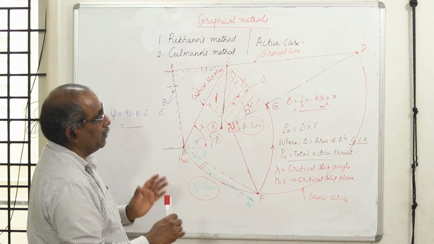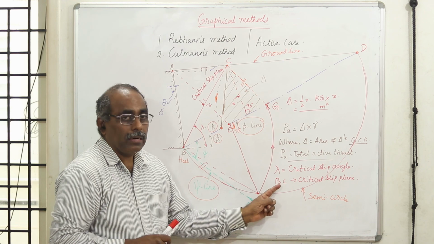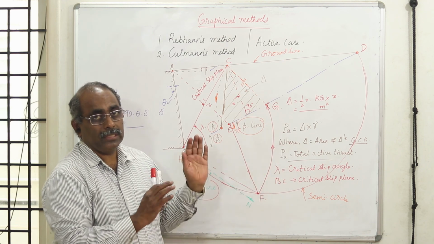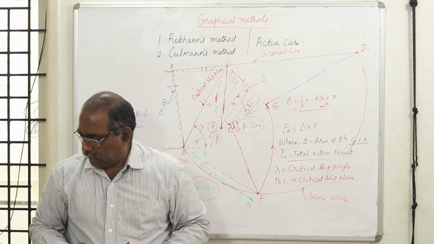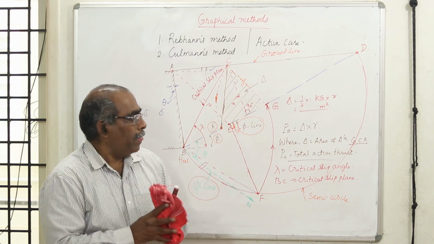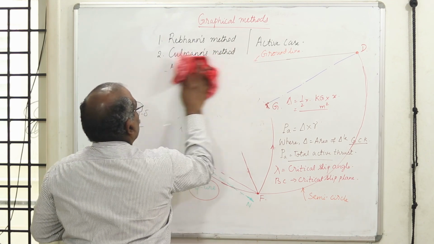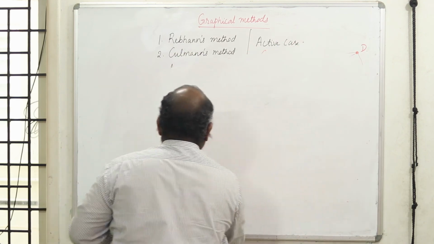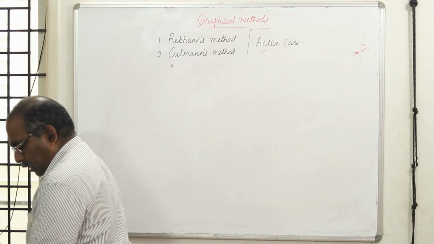These are the things which have to be done. In the numerical example, they may not ask you to write all these things, but you have to write. You have to measure these things and you have to report. Now let us take a simple example based on this. Before going to that, we have got two more cases. They are very simple. I'll complete the numerical example, then I'll come to those two cases.